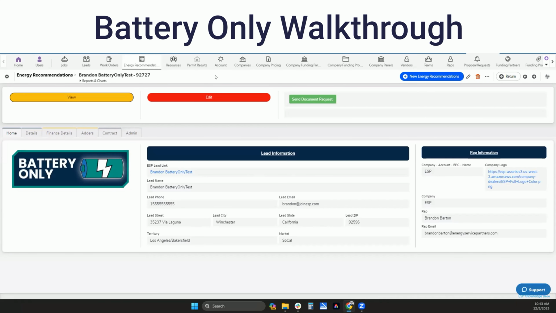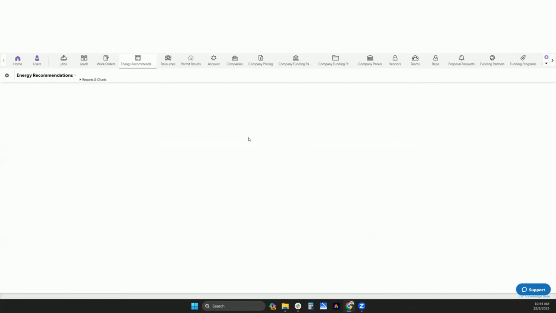We're excited to announce the launch of battery-only sales with ESP exclusively in QuickBase. In order to sell battery-only, you'll need to get your company opted in through the invitation link sent out in the email so we can set up your commissions first. Assuming you've done that already, go ahead and continue watching to see the steps of how to create a battery-only